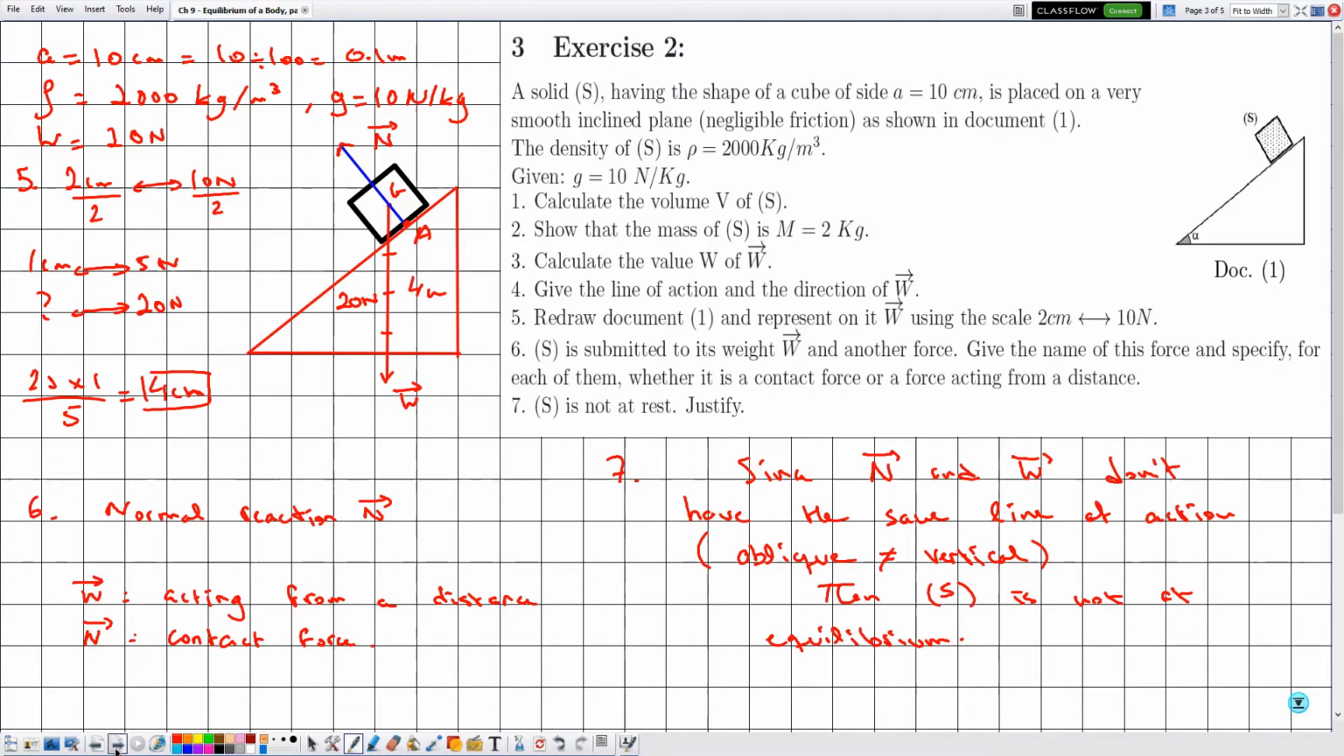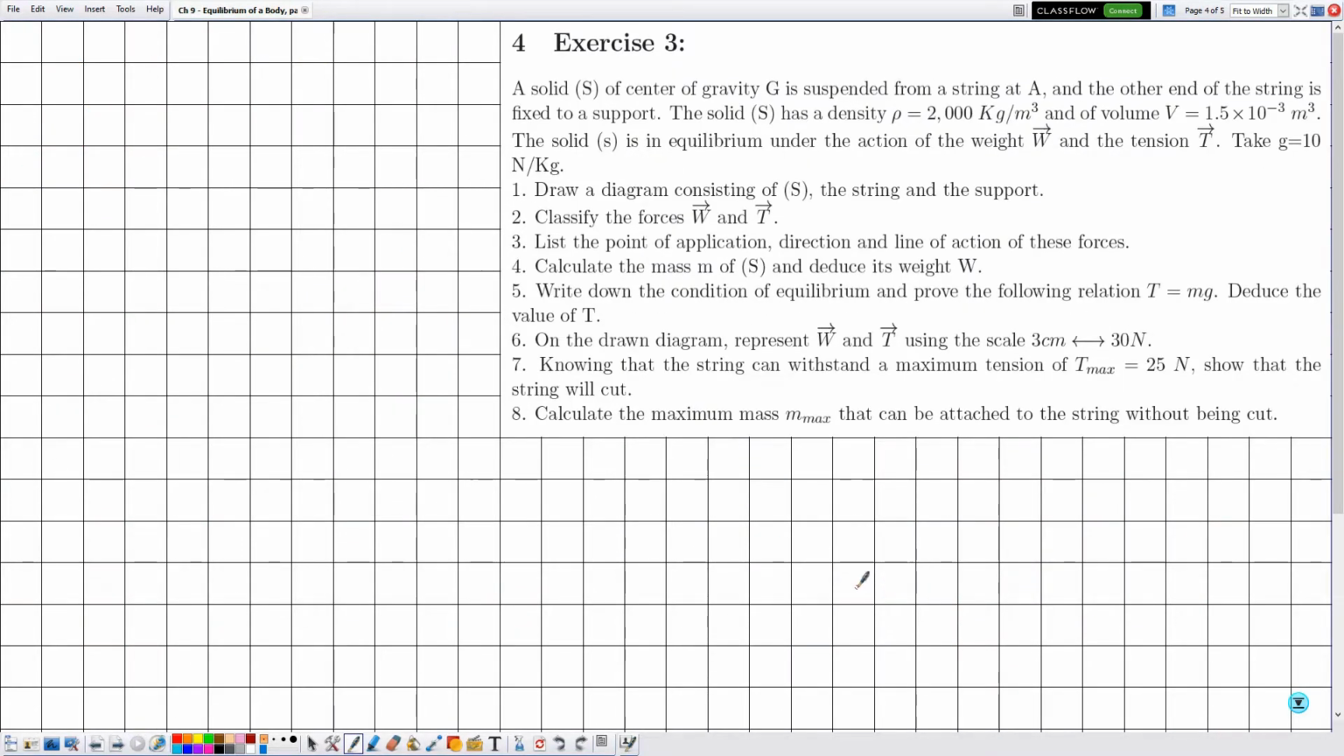And now let's move to the final exercise for this part, which is exercise number 3. They are telling me a solid S of center of gravity G is suspended from a string A, and the other end of the string is fixed to a support. The solid S has a density ρ, so the density is given in the SI, and of volume V,